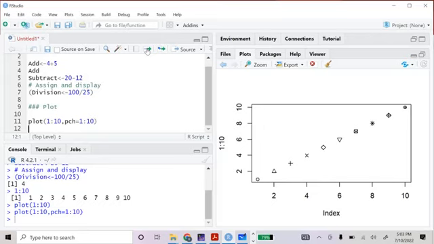Yeah, okay, so I'm supposed to tell you this. R is case sensitive. So your dot is capital P. You will know where it has to be small. So R is case sensitive, so all the functions, even though it is, yeah, it's the same. So if you mix any of them up,